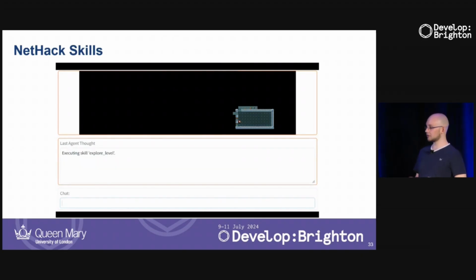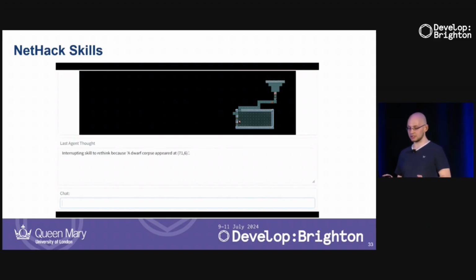It searches for hidden corridors, which are very plentiful in NetHack. It opens doors, and it just tries to fully explore a level until something unexpected happens and we might get interrupted, which is exactly what happens now because we found an item, so my skill got interrupted. So now I'm telling it, okay, please pick up the item that we just found.